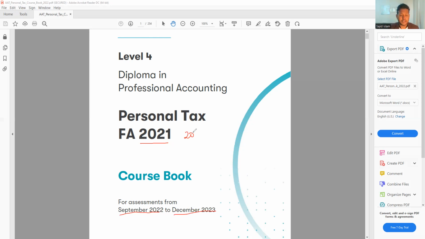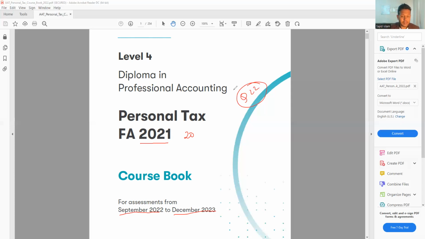If you're planning to do an exam from September 2022, that will be your new Finance Act, and all the papers you are doing obviously have to be with the new syllabus, because from September 2022, the AAT have a new syllabus, that is AQ2022. So the AQ2016 is not valid anymore after September if you are a new student, but if you're an old student, you can still carry on the AQ2016 up to a certain period.